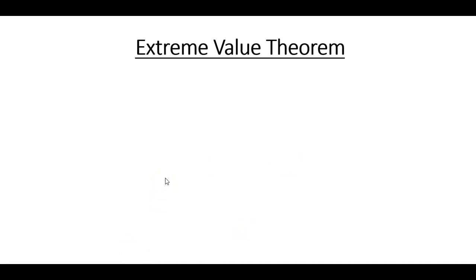Finally, we have the, well, I don't know, I hope this is finally. This is a long one. Yep, yay, it's the last one. Okay, so finally we have the extreme value theorem. And this rule basically just says that if f is continuous on the closed interval AB, then there has to exist